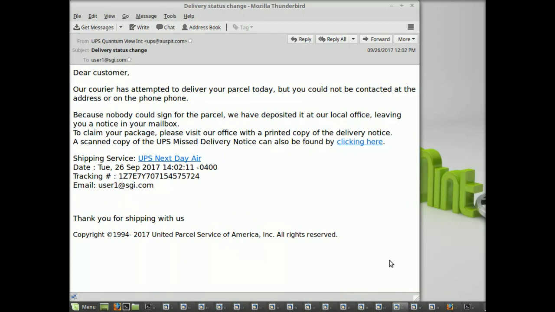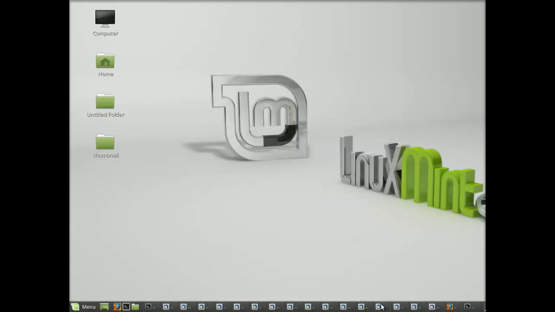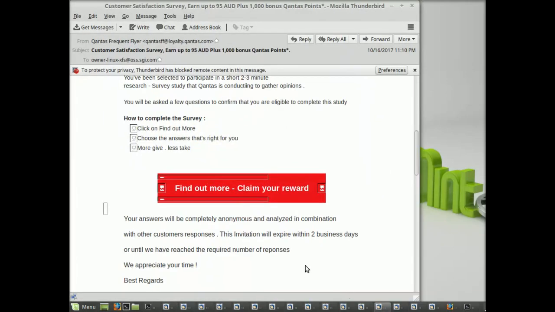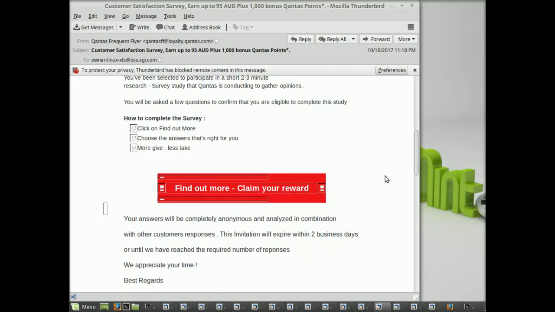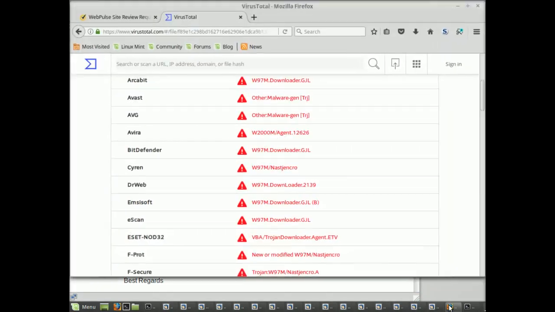You know, actually, something I did not show you that maybe I should. It is possible to test these URLs, if you're very careful. Don't click on it. If you right-click on it in most email clients, you can say copy link location. Don't do save to file. Don't do save link as. Do copy link location. That puts it in your clipboard. And then you can go to